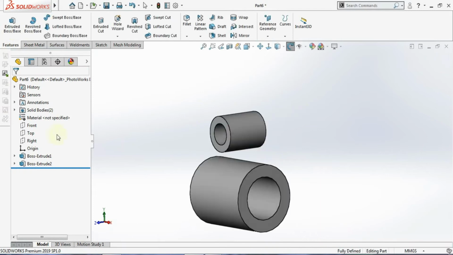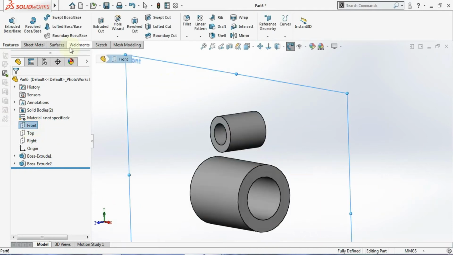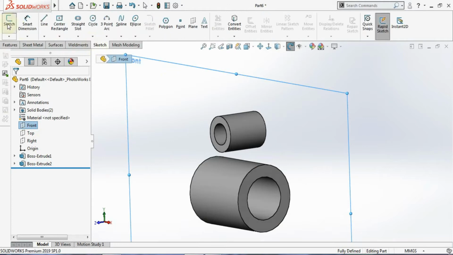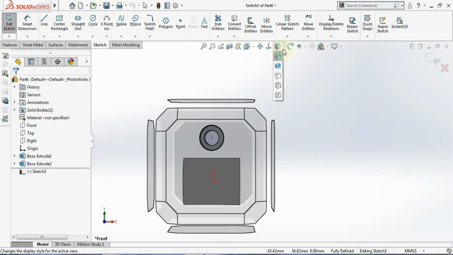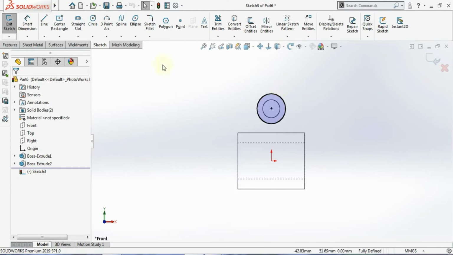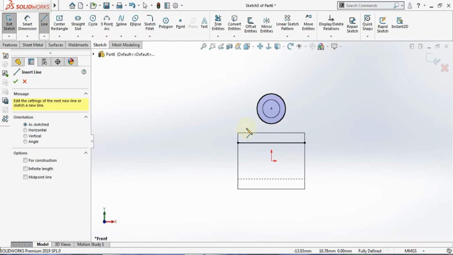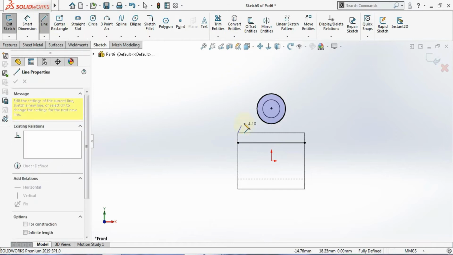I'll be choosing here this right plane and click on the sketch. Make it normal to this. Here I will do one thing. I will click on this sketch and do one convert entities, and I'll just change the graphic here. I'll make it like this, and here I will do one thing. I'll do one convert entities. Click on this and click on the convert entities. Here I will choose the line. I'll start it from here and click on this and give the relation tangent.